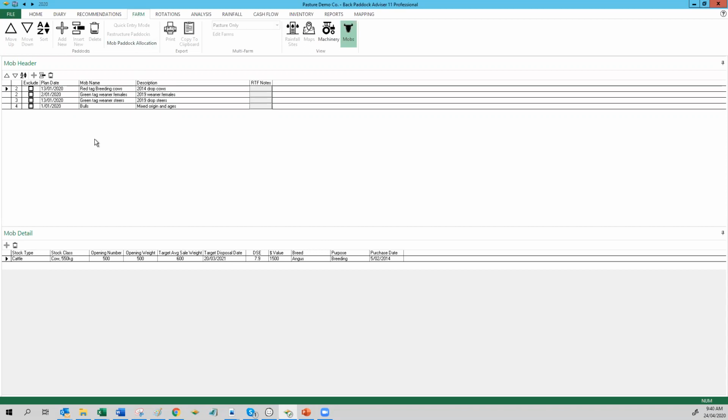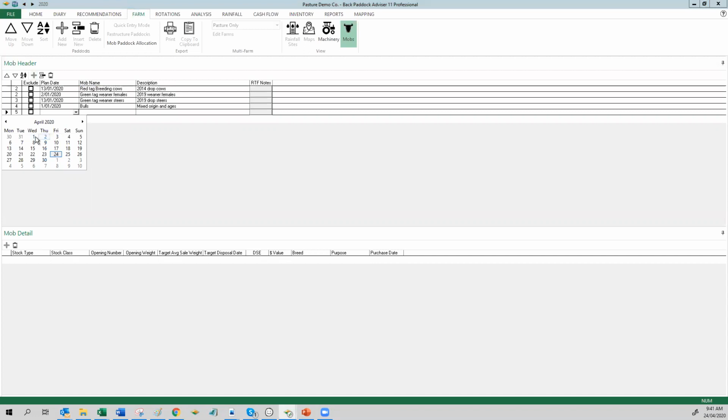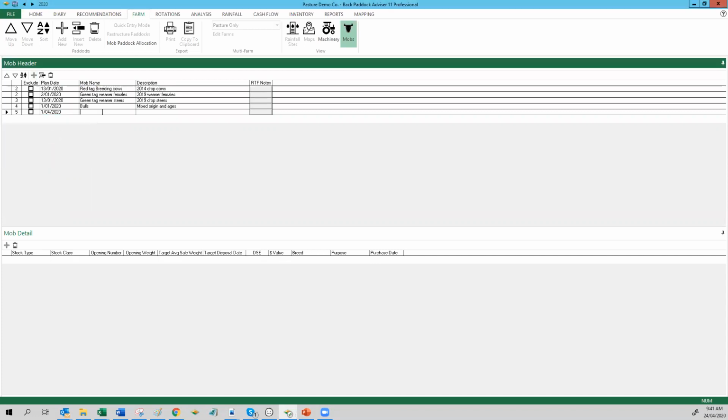So at this stage in setting up a mob, I give it a mob start date. Give it a description, which is an open